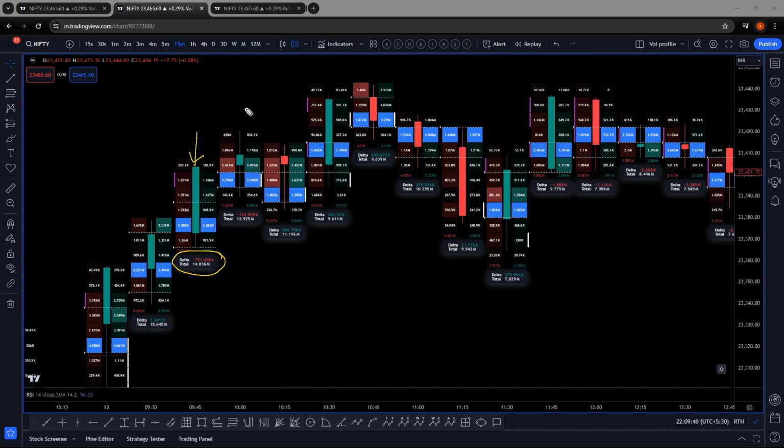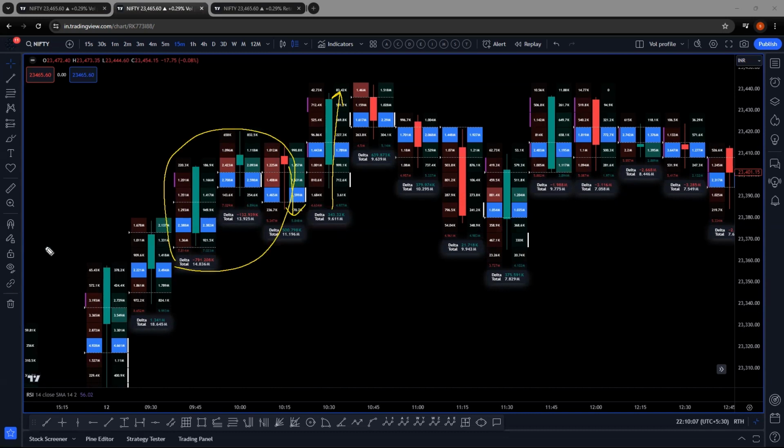Then the very next candle, again a green candle, a bit doji-like, but still there was selling in the market. Then what did the smart money do? It faked. It made a small fake-out here and pushed the market higher. So they started booking profits. They are going to bring the market down, but they need to trap the retailers. Very simple.